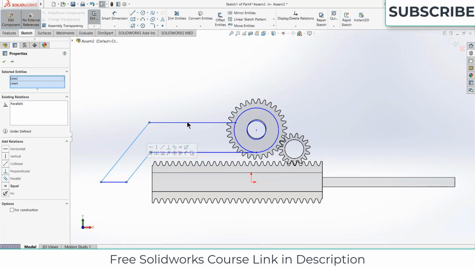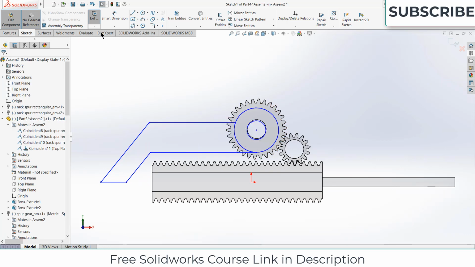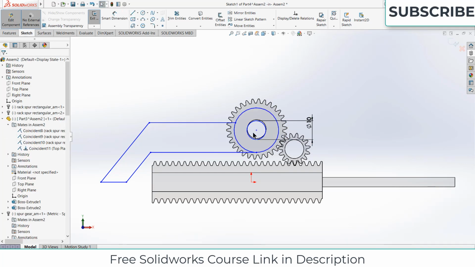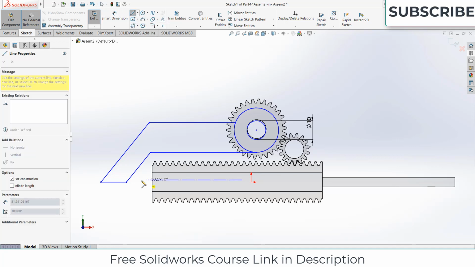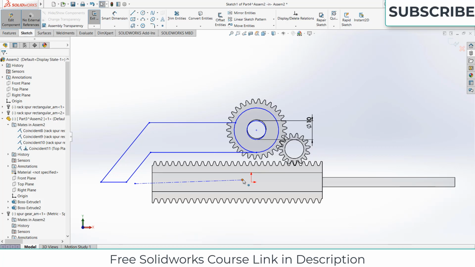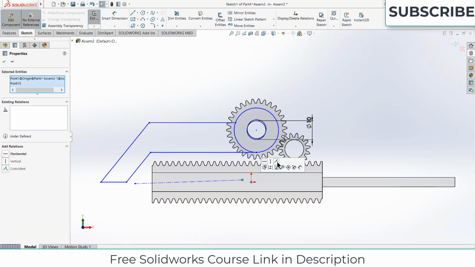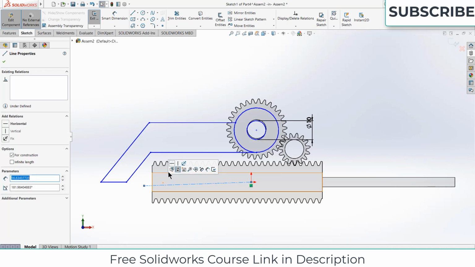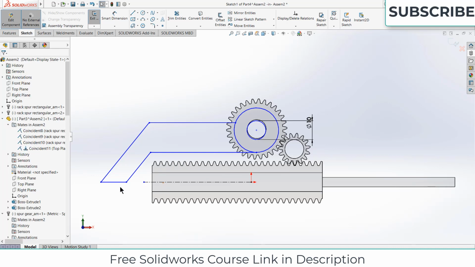Make it parallel. Make this 10 mm. Draw a center line like this. Select this point and this point. Make it coincide. Select this point. Make it horizontal.